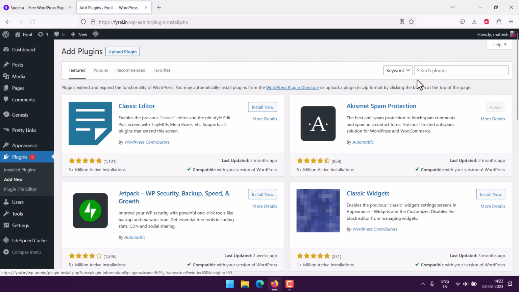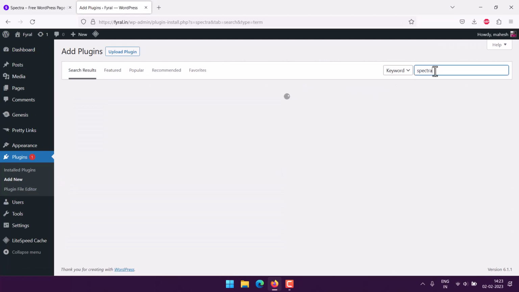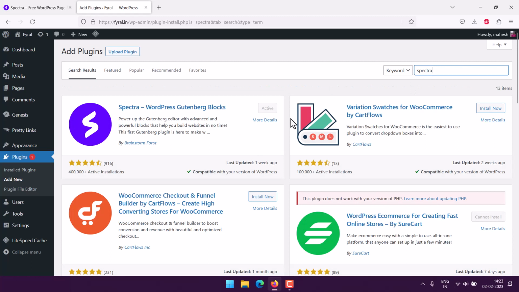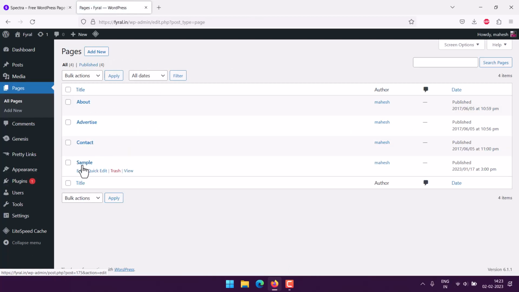we will check for Spectra. Right, and here we can install and activate this particular plugin, right, and then we will move to the pages where we wish to use this. So let's say I create a sample page within which I can use this particular